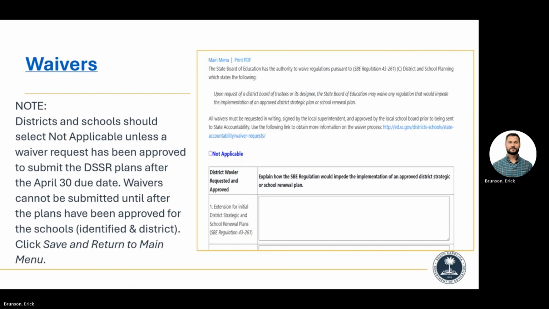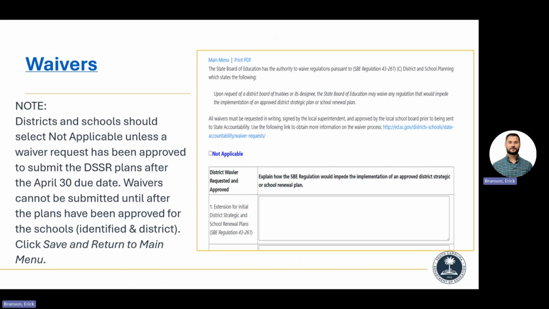Waivers. Technically, waivers are not to be submitted until your plan is approved. You cannot submit your waivers until your plan is approved. So when we get plans that have waivers in these boxes, we ask them to take them out.